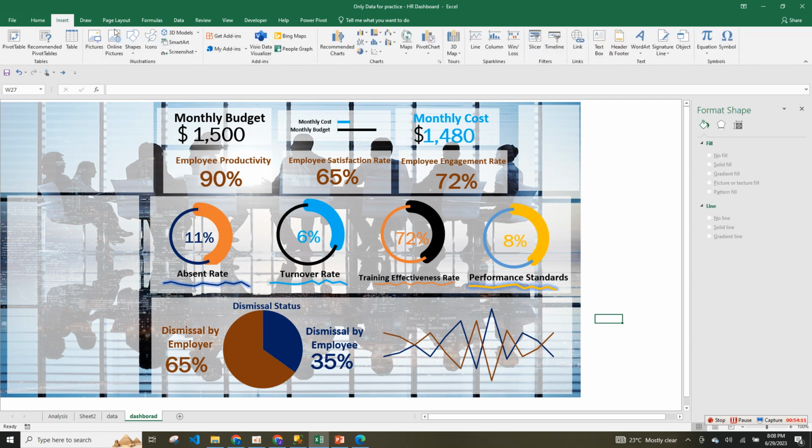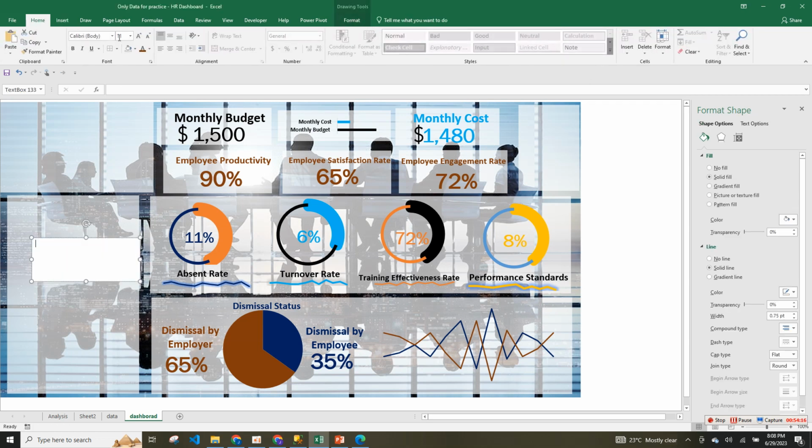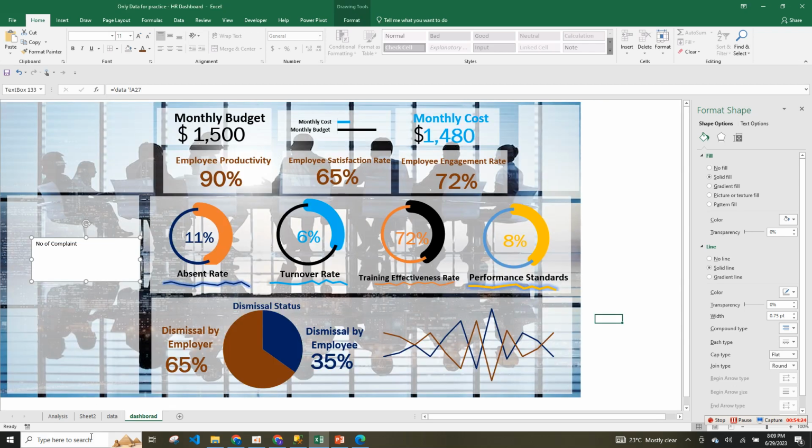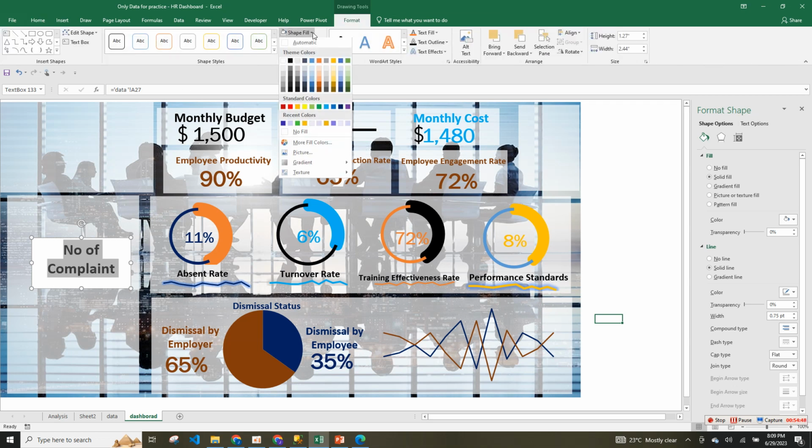So I'm going to be making use of text box again. Insert your text box here. So go to your data, then click on complaint here. Just format it. Format it. Then you can bring it to the middle. Align it to the middle. Then format your